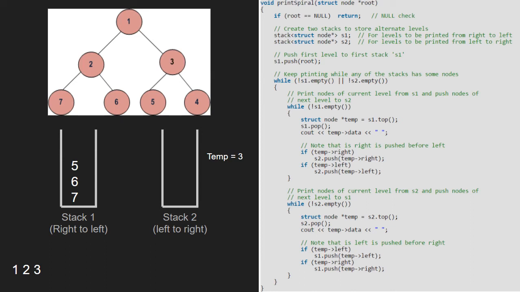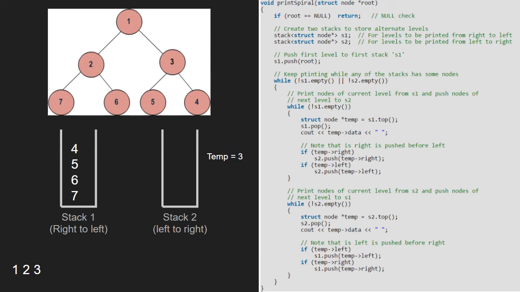Then, we push the right child of 3, which is 4, into stack 1. Since stack 2 becomes empty, we come out of the second inner while loop. Since stack 1 is not empty, we continue with the outer while loop.